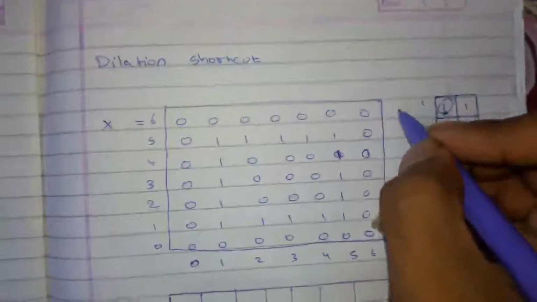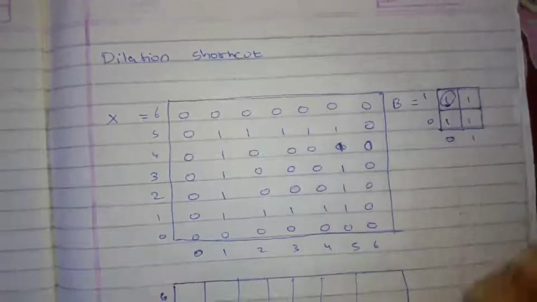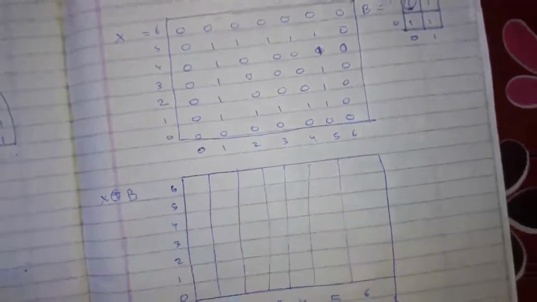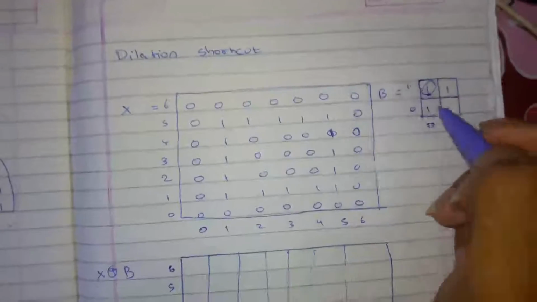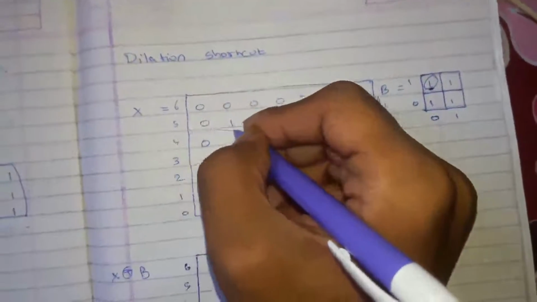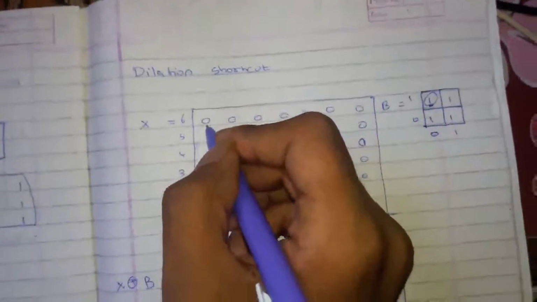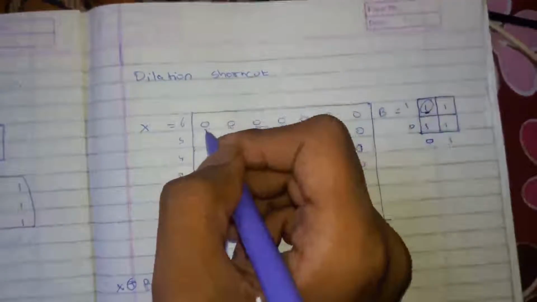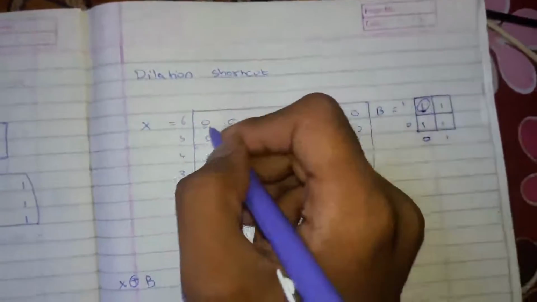Consider this is my image, this is my structuring element B, and this is what I want, my dilation output. So what we do is trace the structuring element on the entire image. First this will be placed over here. We see that when this is placed over here, the seed point coincides over here. The rule that we need to follow is we see where the seed point that is coinciding is a 1.